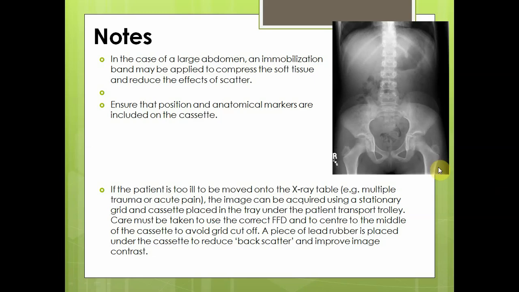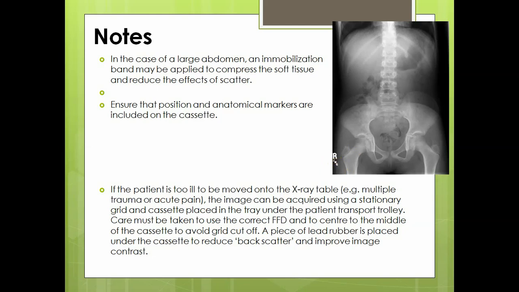See, in this image itself you can make it out. This is the shadow of the muscle, because that patient is so fatty. So this area becomes brighter compared to this area. So there are sometimes chances of missing out information. Always when you take radiography, nowadays we have CR and DR systems, and nobody is bothered about keeping a side marker. Students should carry a marker in their pocket whenever they are taking radiography. Here in the image you can see the right marker is kept. So that marker should be seen.